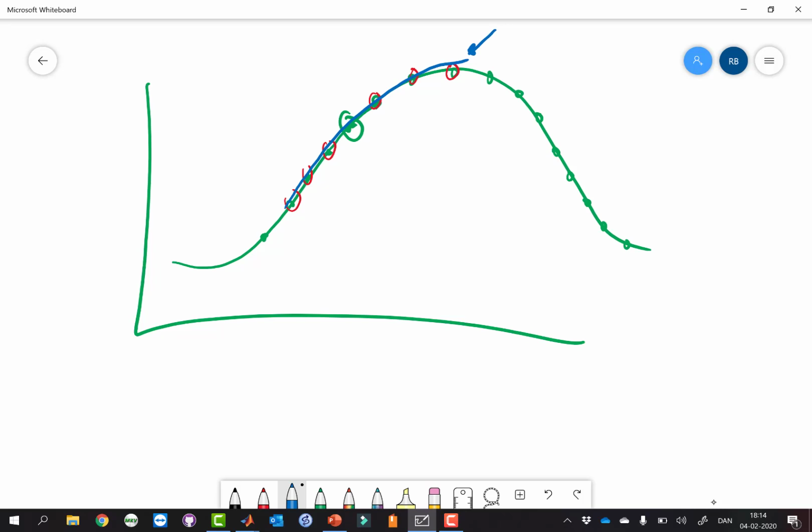Now I have a polynomial, and taking the derivative of a polynomial is kind of easy. So if I want to calculate the first derivative in this point, I simply take the first derivative of this polynomial, calculate it in this point, and that's what I put in here.